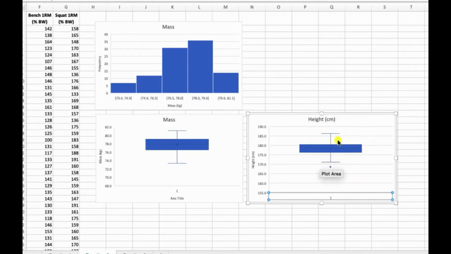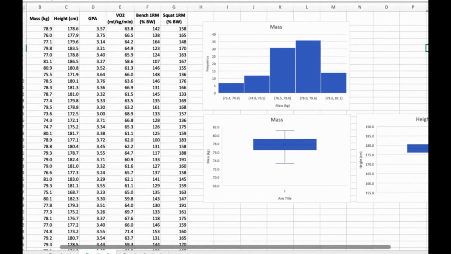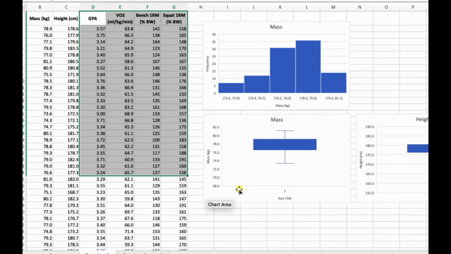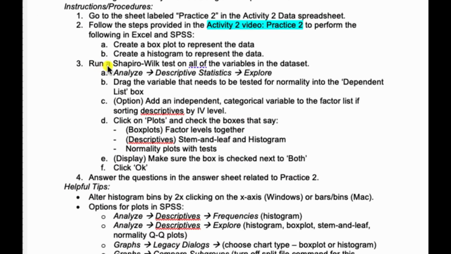So using a box and whisker plot essentially identifies outliers in the same way that the interquartile range method identifies outliers, which is pretty cool. Okay. So that's pretty much it for Excel. I'll let you guys practice plotting histograms and box and whisker plots for the rest of the variables, just for good practice. And then in SPSS, we have several different options on generating graphs, and I have kind of outlined those